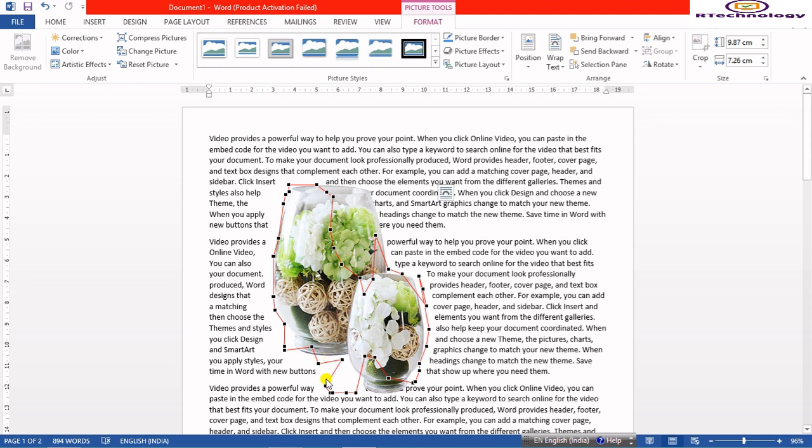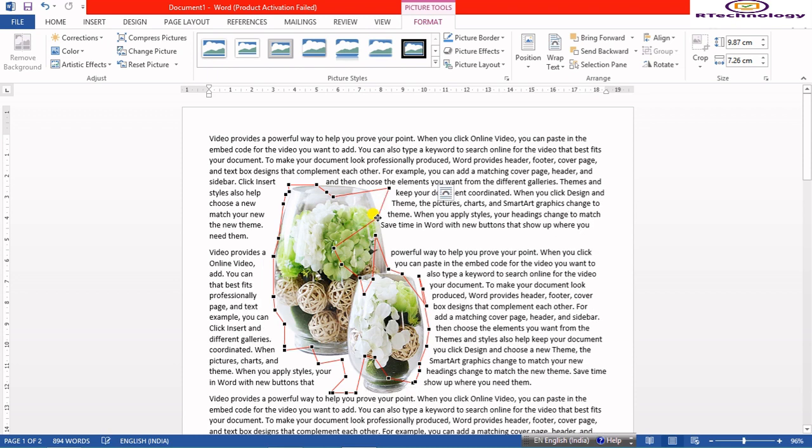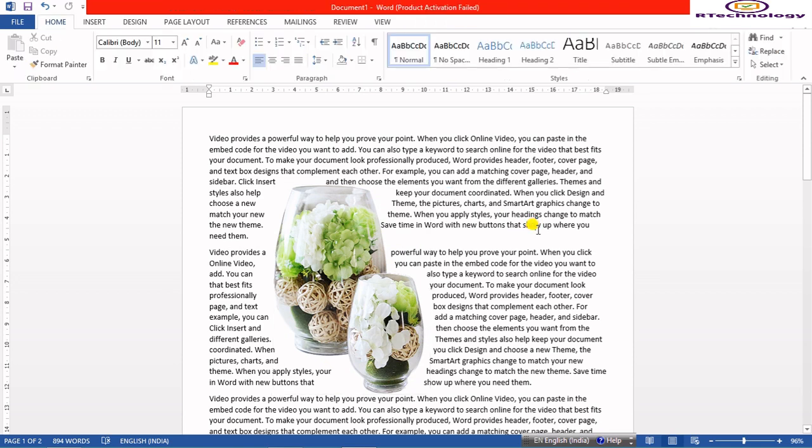So this is how I can crop the image as well. And adjust the position a little bit. So this is how my picture and text are going to look. I hope you all have understood. Thank you.